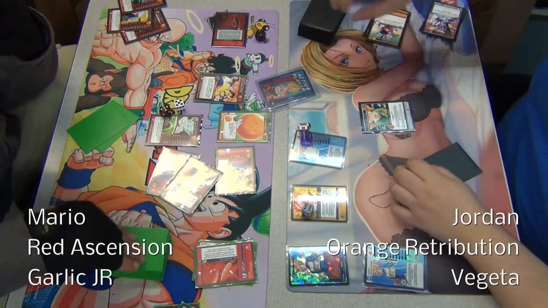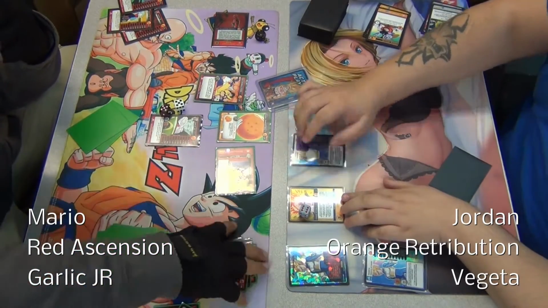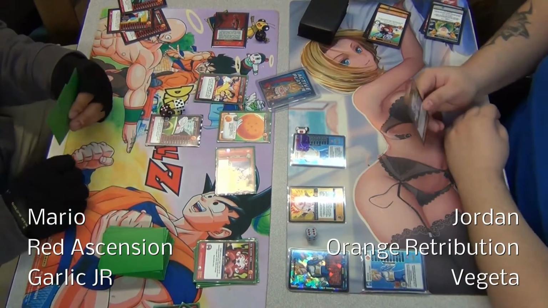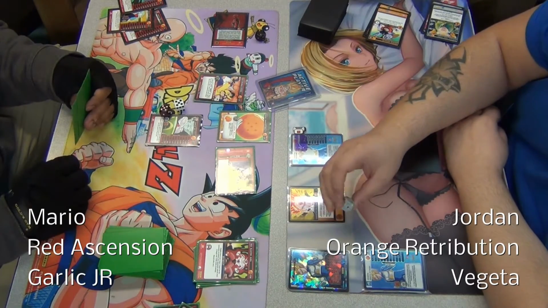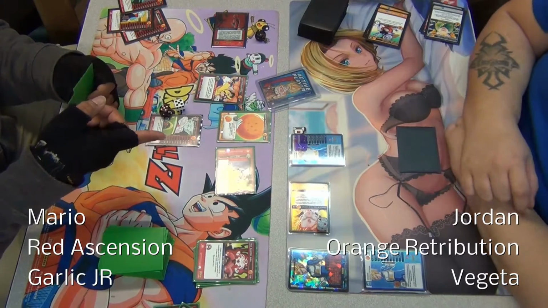I do take the hit. And apparently, again, I'm forgetting I have Garlic Jr.'s -2, -2 powers. Unless it really did hit me for that hard. I have passed. Jordan reached this level. He does not force me to pass to end combat. He's going to go ahead and...